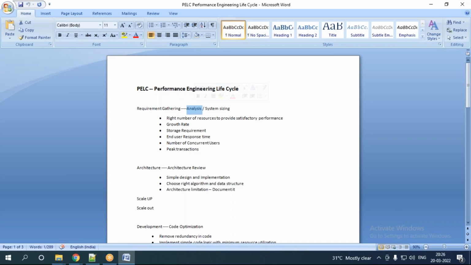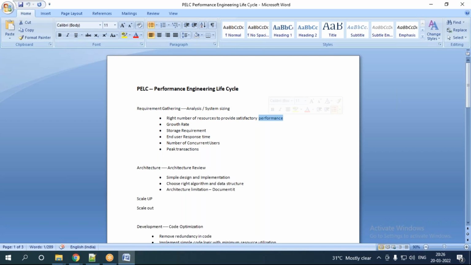At the same time, performance engineers will do requirement analysis and then system sizing. What are all the things they will do during this time period? They'll check the right number of resources to provide satisfactory performance.